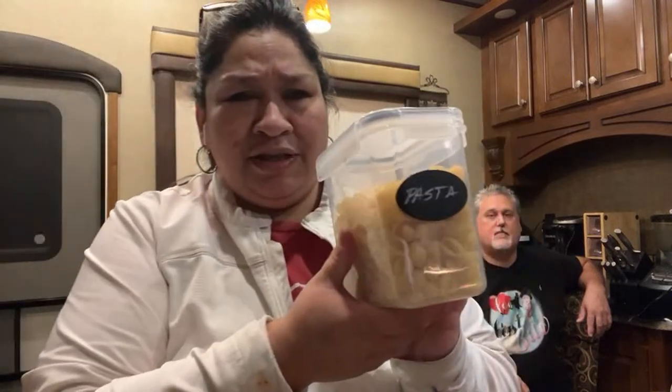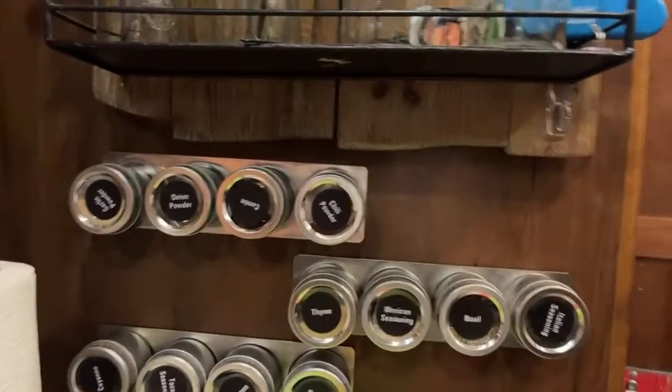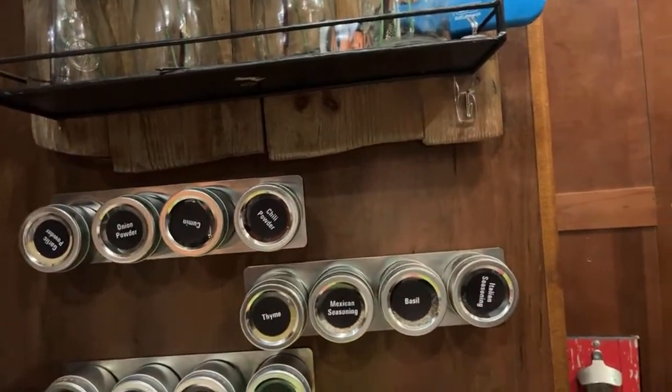And they have like 3 sizes, or maybe 4. See, they have that one. They're just canisters for us to store stuff. It was our little goal of getting our cupboard organized, but we didn't have the extra money. With our very first check, we bought just stuff for the kitchen, like our spice thing. It wasn't a big check, but it allowed us to buy that, which we were so excited